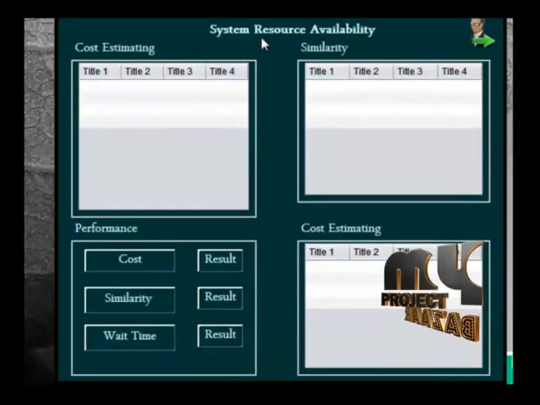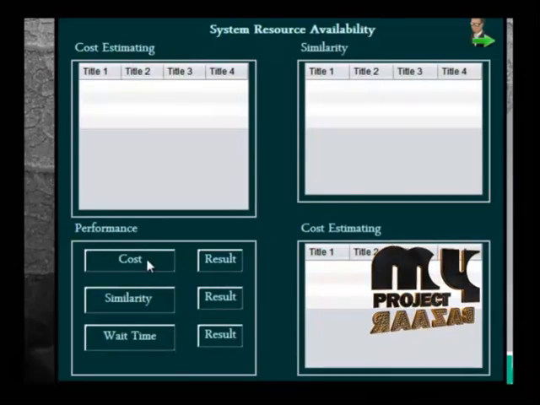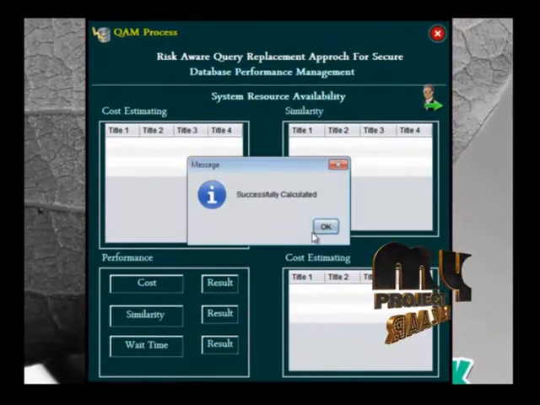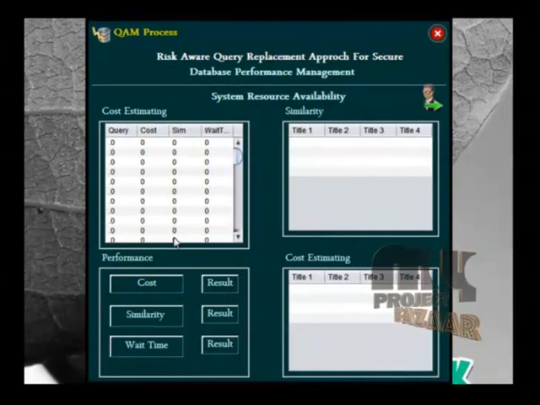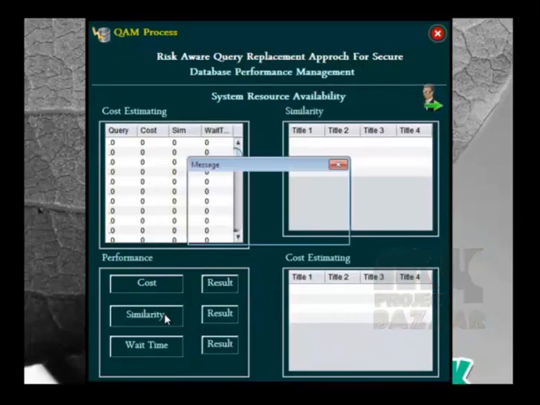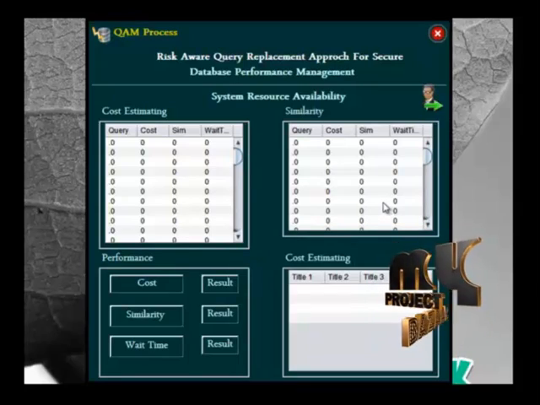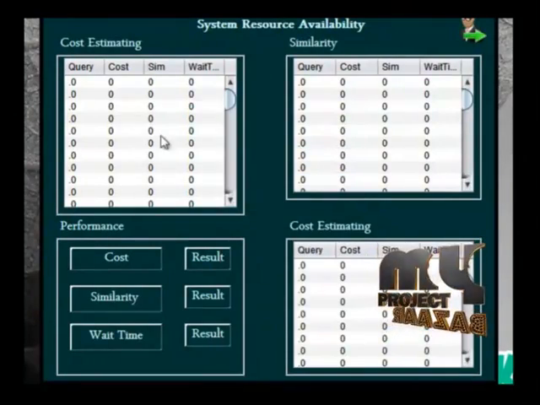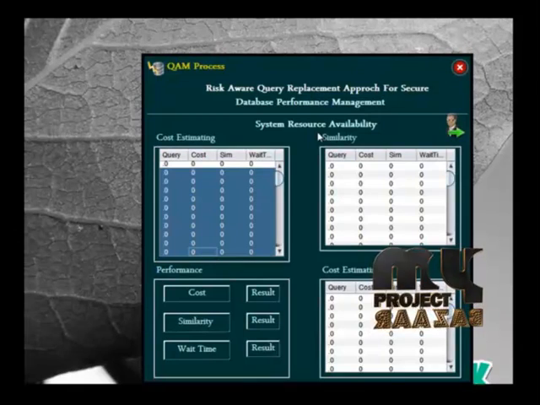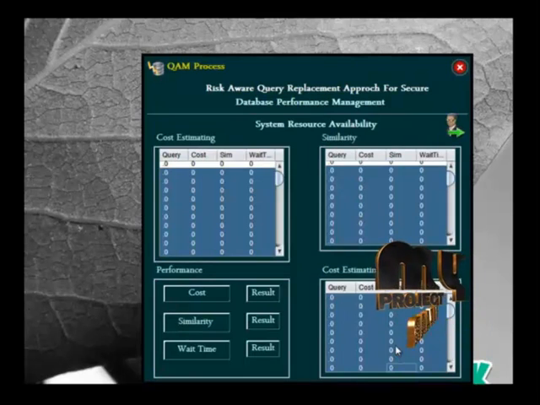The SQL process system resource availability is cost estimating, similarity cost estimating, and performance cost result. Calculating. The result is 0 because we have no access. Calculated successfully, the result was 0. We have no calculation on this process. Wait time calculation is 0 hours. So the cost estimate has no values and the probability has no values, because the system resource availability controls the particular process. So next,